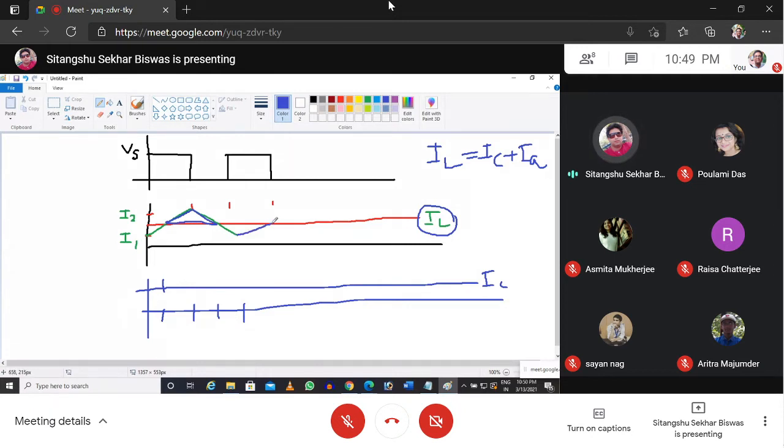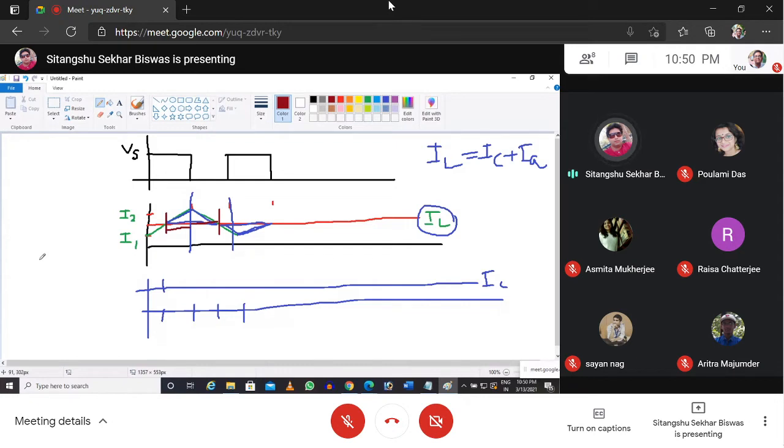And if I make another part, in this region the capacitor will discharge. So now this is my T on and this is my T off. For calculation simplicity, I can say this is T1 by 2 and this is T2 by 2. This one is T2 by 2, and this is T1 by 2. So as I told, what is the duty cycle?